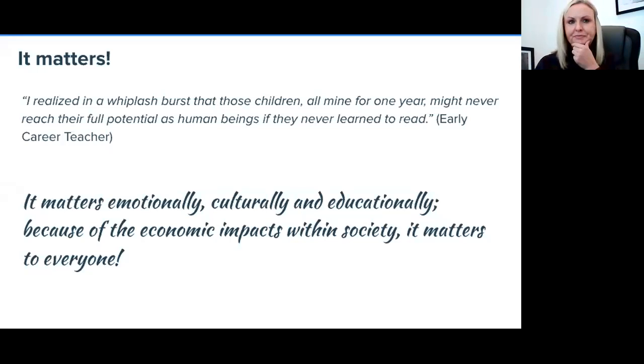Okay, so it does matter. And I'm just going to read you this quote that one of my trainee teachers from last year said to me, and it really resonated with me. She said, I realized in a whiplash burst that those children, all mine for 1 year, might never